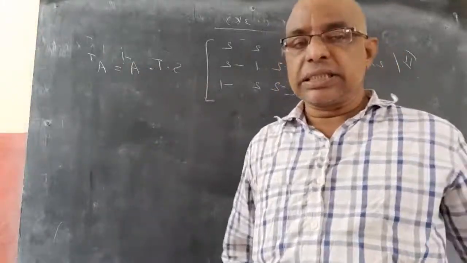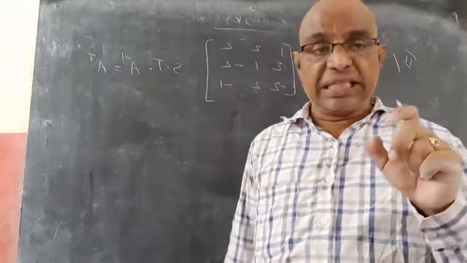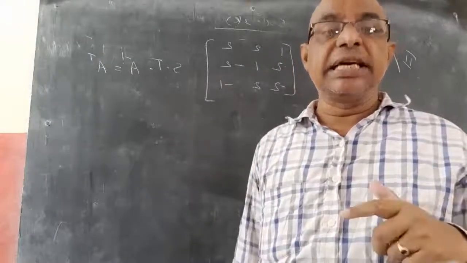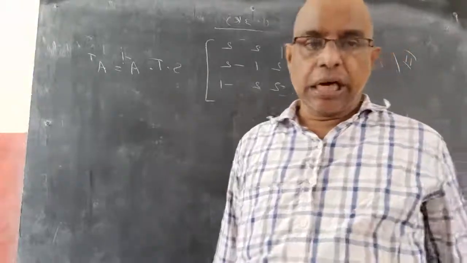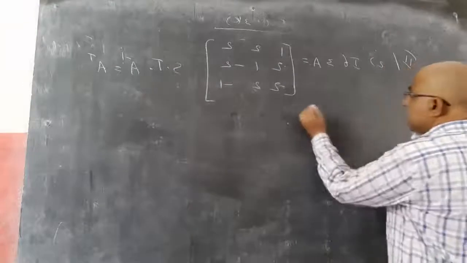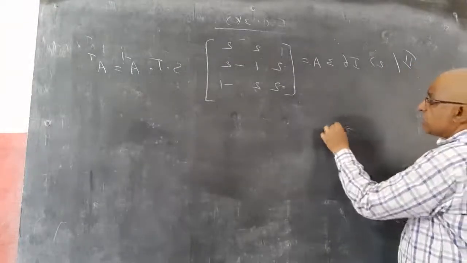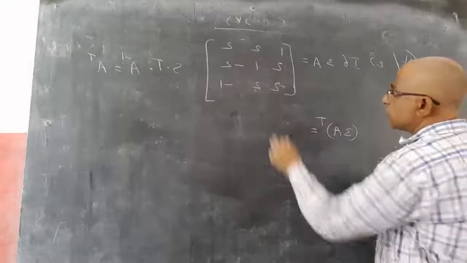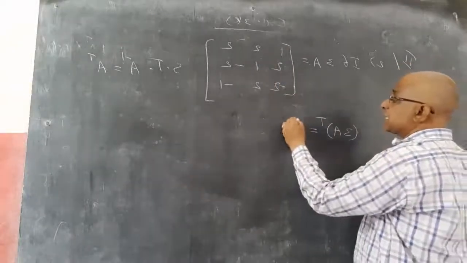Instead of doing that, I will go for the general concept. If AB equal to BA equal to I, I can say that B is A inverse, and A is B inverse. I will use that concept for this one. See, he is giving 3A. So what is 3A transpose first? Meaning I need the transpose of this matrix.